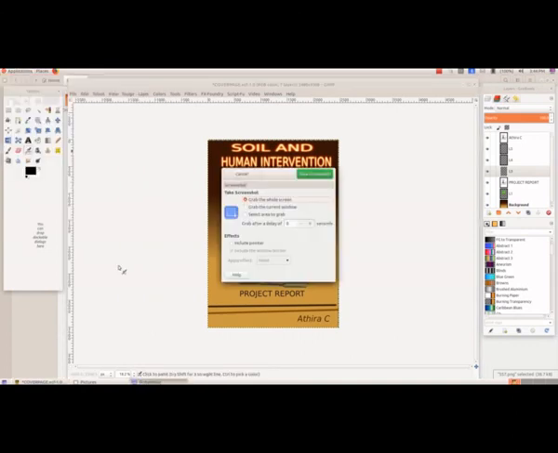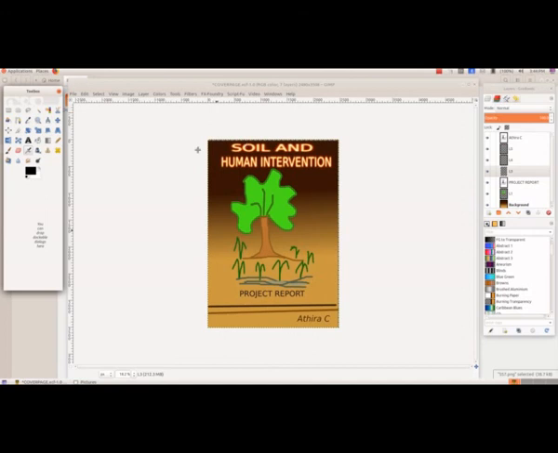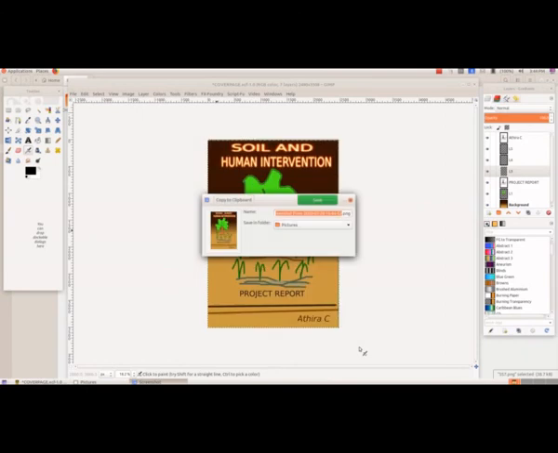Now we will see the third option: applications, accessories, screenshot, select area to grab, and then take screenshot, and again we got this plus sign, and here I am selecting this portion.